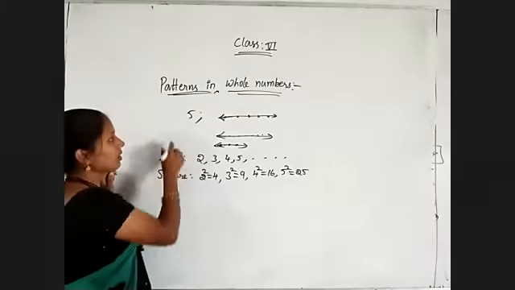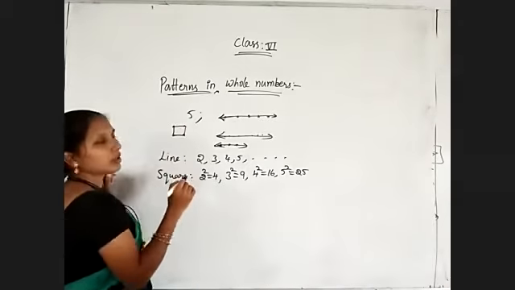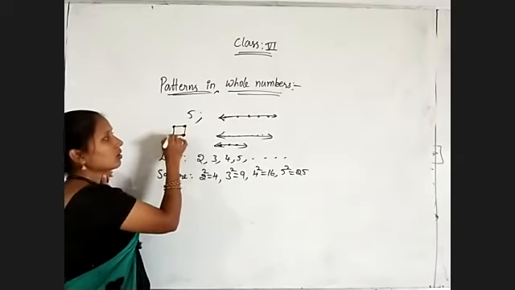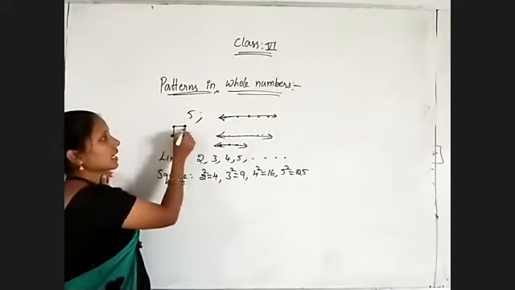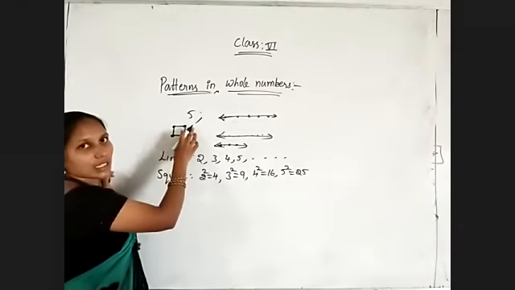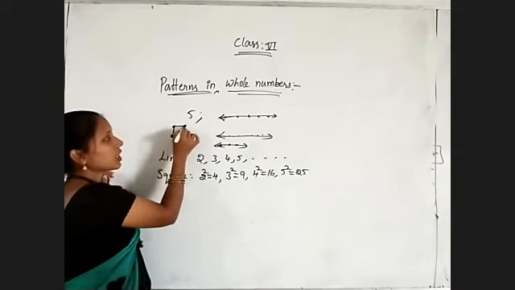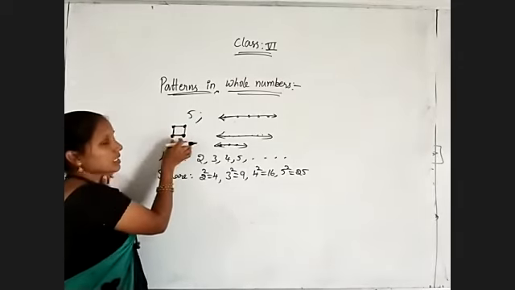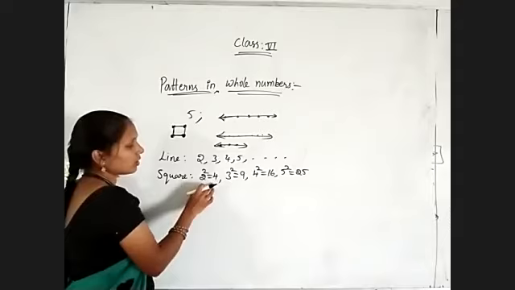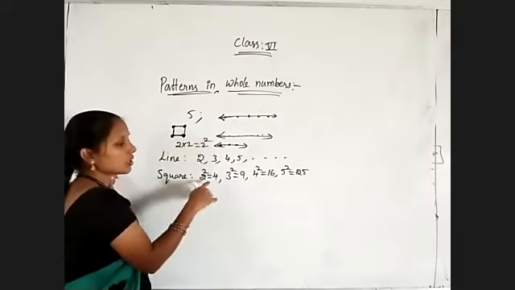Coming to square, 1, 2, 3, 4. So, like this. 4 numbers equal distance. There is no difference between each side. Then only we can say it is a square. 4 sides of equal length. So square contains 4 equal sides. Means whatever dots you are placing, compulsorily that must be equidistant on any side. Okay. So 4 we will get as 2 into 2. That means 2 square is equal to 4.